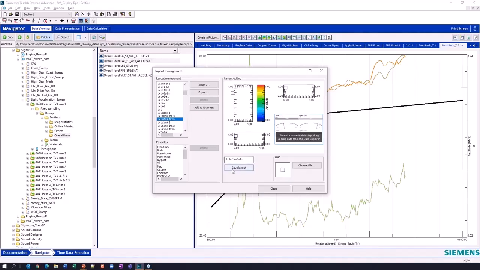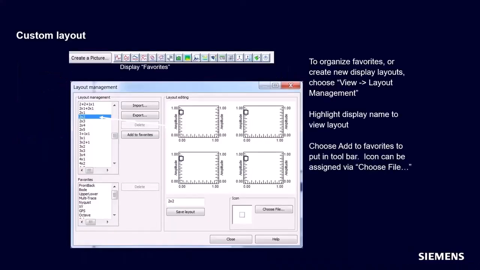All I have to do is save this new layout. If I don't change the name, it's going to overwrite that one that came with Test Lab. So I always like to modify the name just a little bit so that I know it's mine. I might put my initials in there or something and then save it. And then just to make my life more fun, I usually choose a custom bitmap. Nice, like a super duper layout.